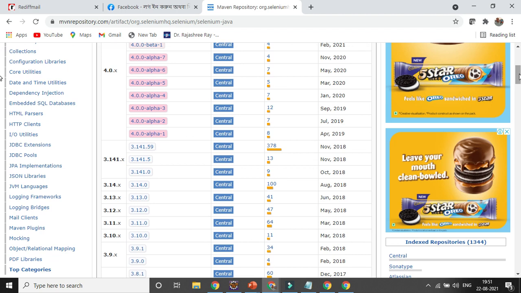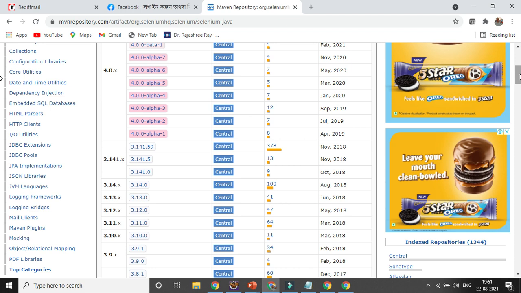What is the benefit? Suppose today you are using version 3, and tomorrow you need to use version 5. If you are manually associating the jar file, you need to download the version 5 jar file again, go to the project, remove the version 3 file, and add version 5.